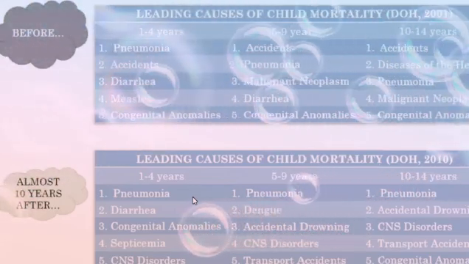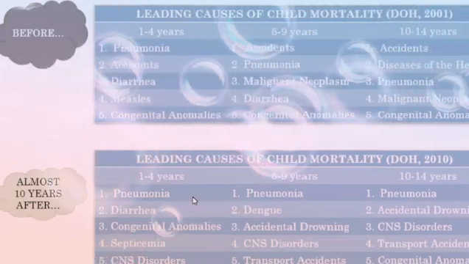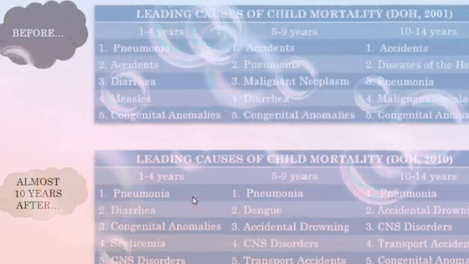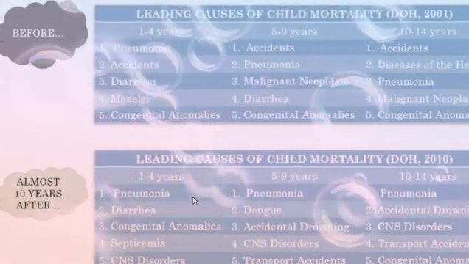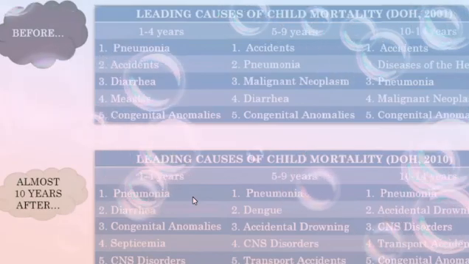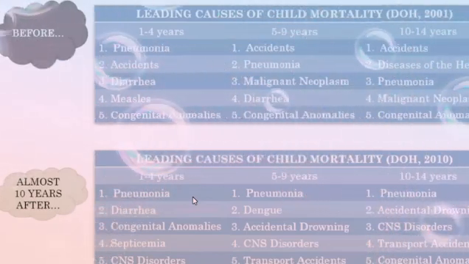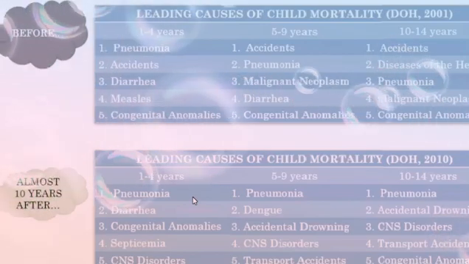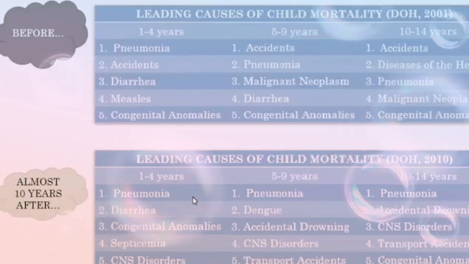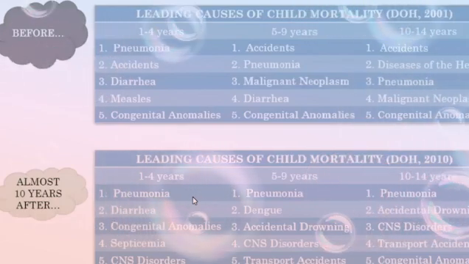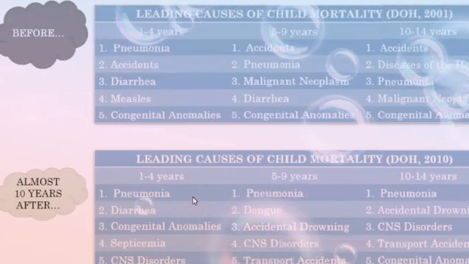Almost 10 years after, the leading causes of child mortality in 2010 according to DOH: for 1 to 4 years, pneumonia, diarrhea, congenital anomalies, septicemia, and CNS disorder. For the 5 to 9 years age group, pneumonia, dengue, accidental drowning, CNS disorder, transport accidents. And 10 to 14 years, pneumonia, accidental drowning, CNS disorder, transport accidents, and